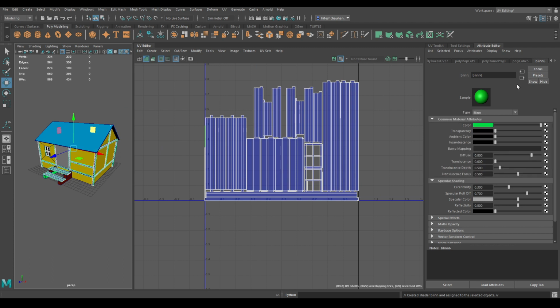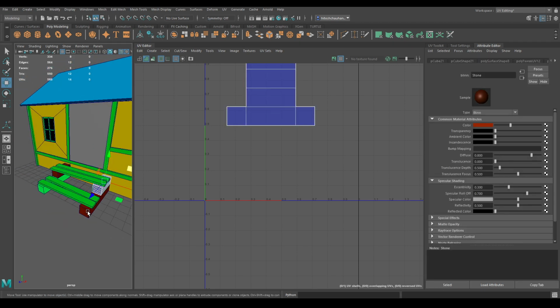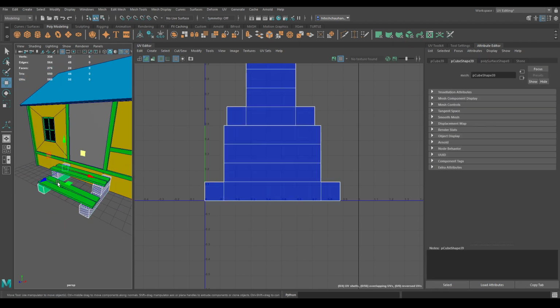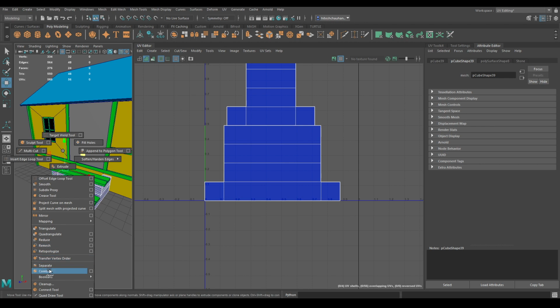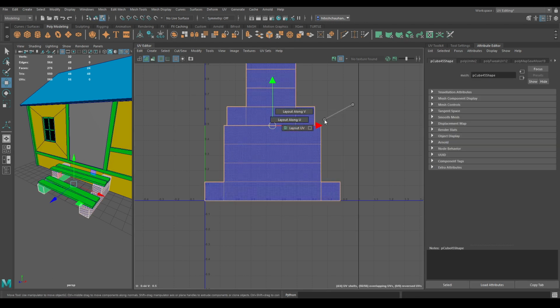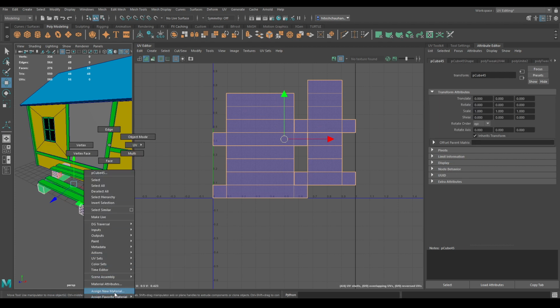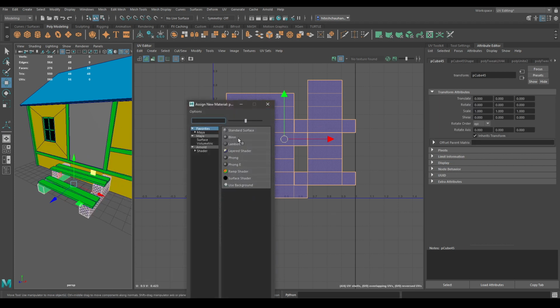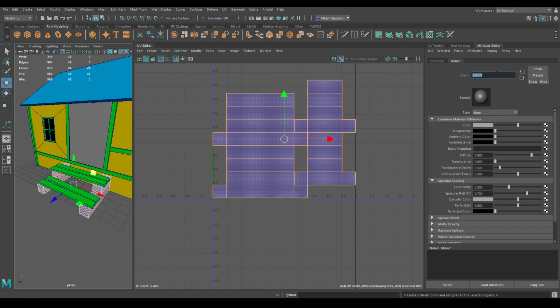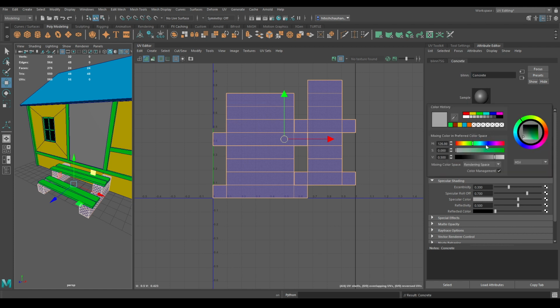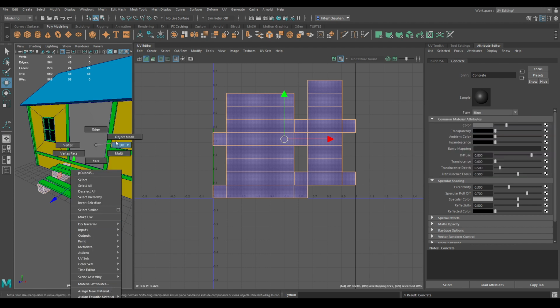Color it green and rename it as wood. Now select these 4 cubes and combine. Then go to UV shell and layout. Assign a new material. Rename this as concrete. Keep it gray.